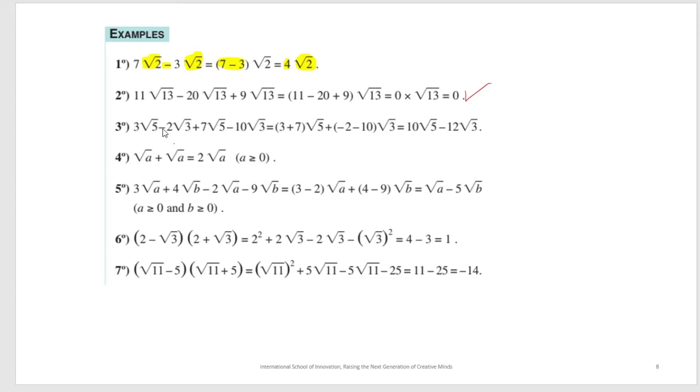3 radical 5 minus 2 radical 3 plus 7 radical 5 minus 10 radical 3. Okay, look at this. This one is the same as saying 3x minus 2y plus 7x minus 10y. So you will suppose that radical 5 is x and radical 3 is y. So if I ask you now to simplify this, you will say that